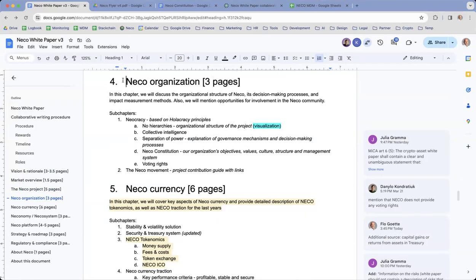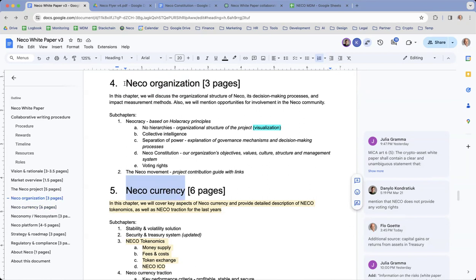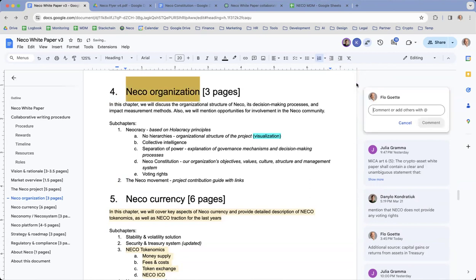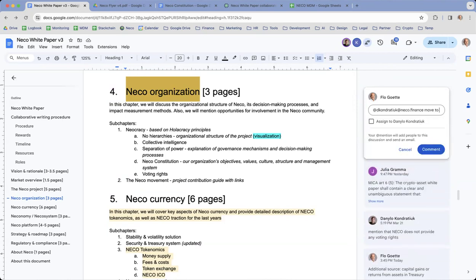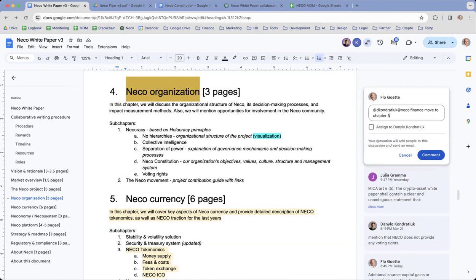So here, Dan, I already have the suggestion to move chapter 4 to chapter 6. So I would suggest to start with Neco currency and then Neco system and then Neco organization. Or is there a reason why we should start with the organization? There was a reason because there were measurements firstly in this chapter, but now when we transferred measurements of success to the Neco project, I believe we could move it 100%. Okay, cool. Move it after Neco system. Okay,